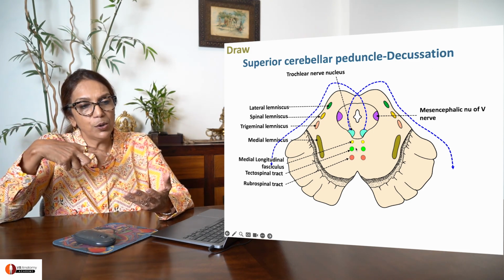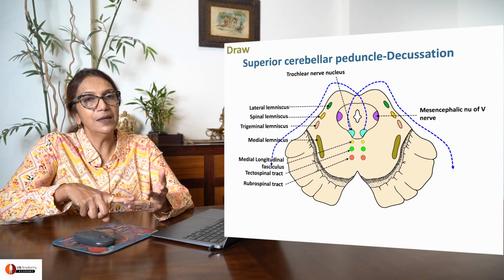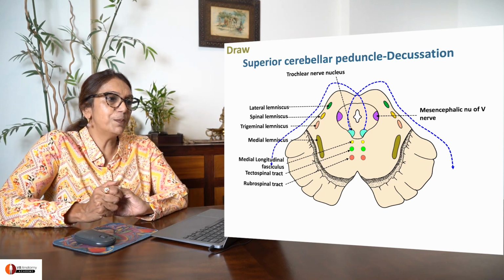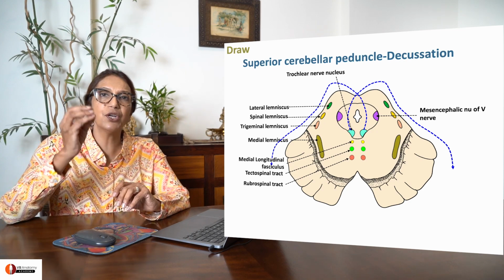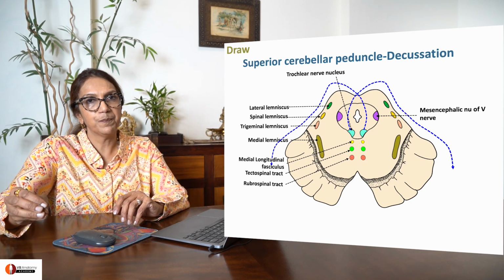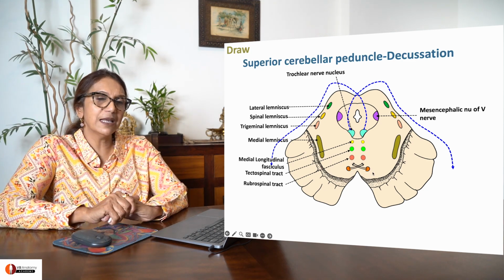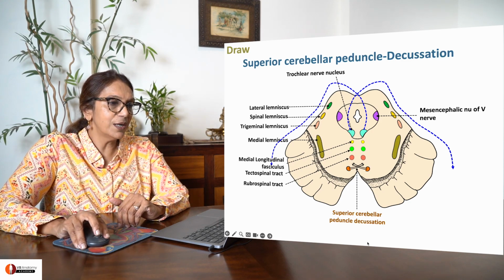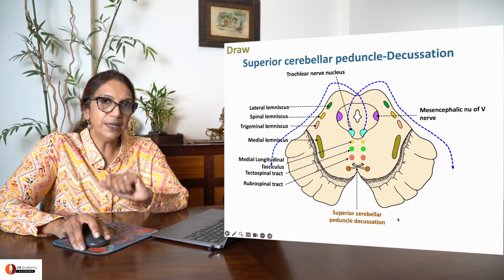Remember, we spoke about inferior cerebellar peduncle and middle cerebellar peduncle earlier in pons and medulla. Today, we're going to briefly touch upon superior cerebellar peduncle, a peduncle of nerve fibers which connects the midbrain to the cerebellum. So here you can please draw these two. These are the sections of superior cerebellar peduncle, and you can see them decussating here. This is called a superior cerebellar peduncle decussation. Please draw it.